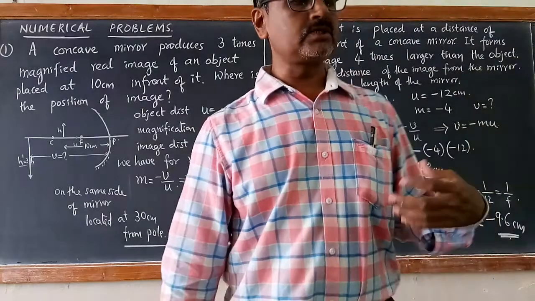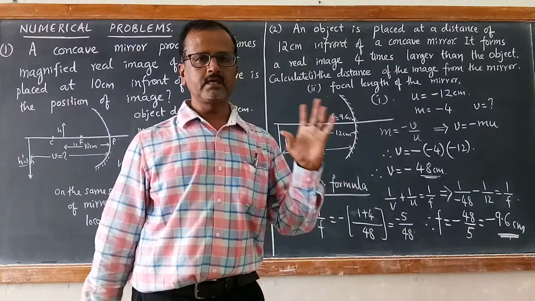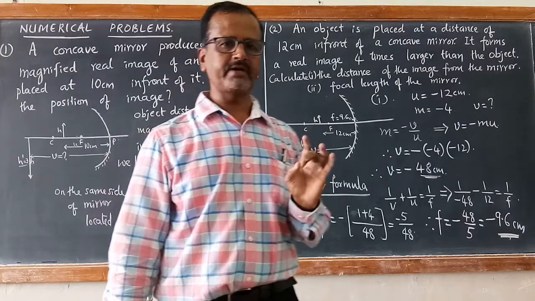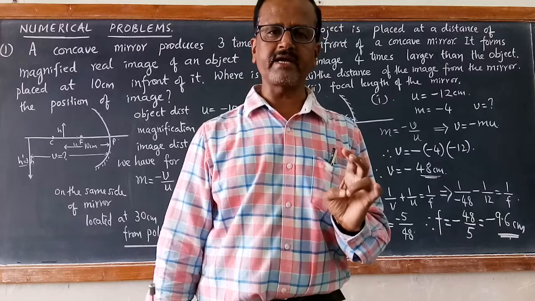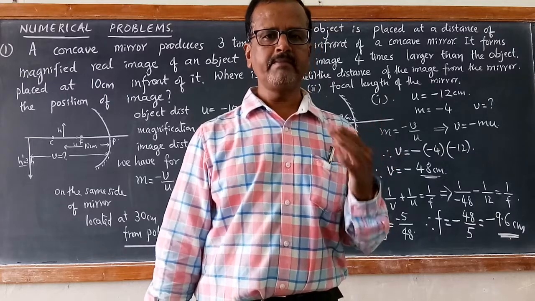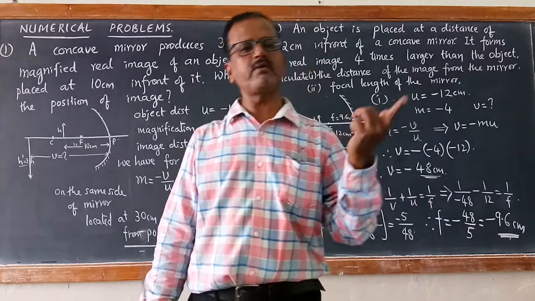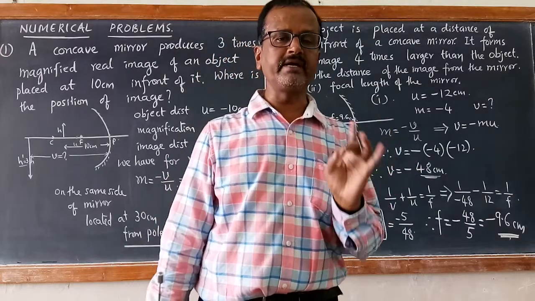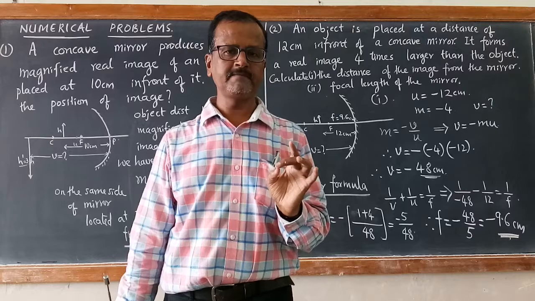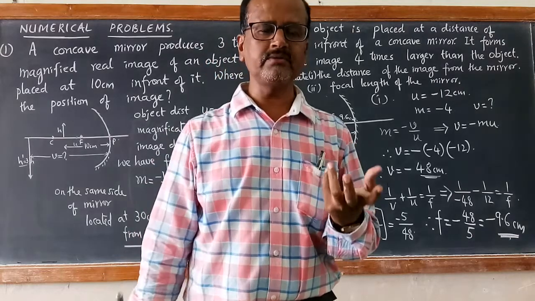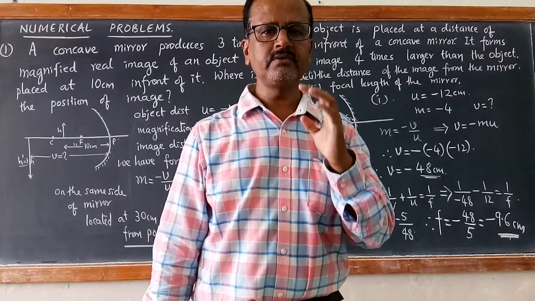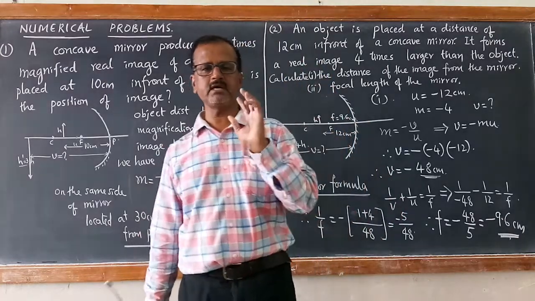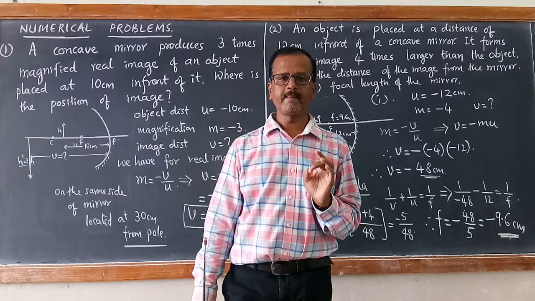Now, let us go back to the very important phenomenon, that is refractive index. That is refraction and refractive index. Bending of a ray of light when it enters from one medium into another medium is called refraction. Then refractive index also we have defined. Refractive index is a relative term. It is a relative numerical value with respect to two media. It is always with respect to two media.